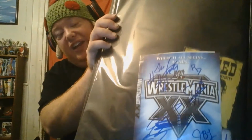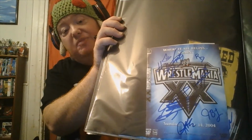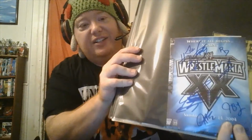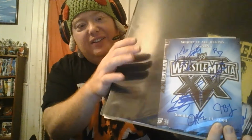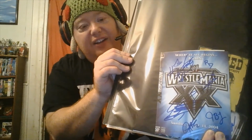And the back page is something kind of neat. So in here, it's an autograph from Rodriguez. A Mick Foley signed certificate of authenticity for his t-shirts, and the DVD cover. This is one that I picked up from that Going Out of Business auction. The cover's a little more beat up than I would have liked. However, if you can't tell, it's signed by Triple H, RVD, Kane, JBL,